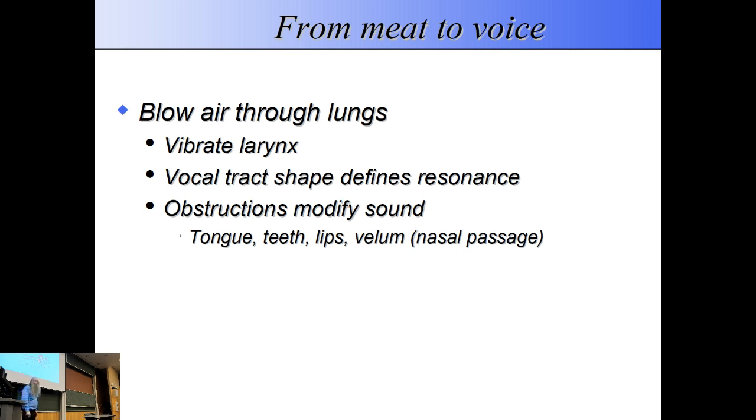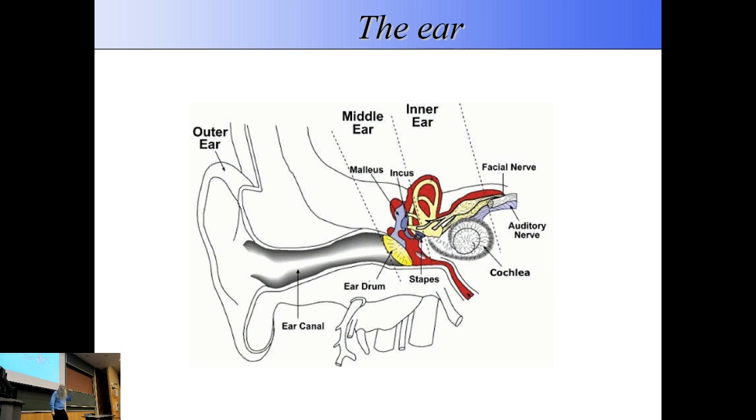What happens at the other end? Well, we have a completely different system that does the hearing. We have our ears, okay? And inside our ears, there's an eardrum, a little bit of skin that is pulled tightly across an open area. At the other side, there's a little bone inside it that just touches the eardrum.